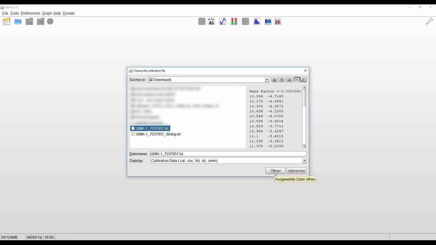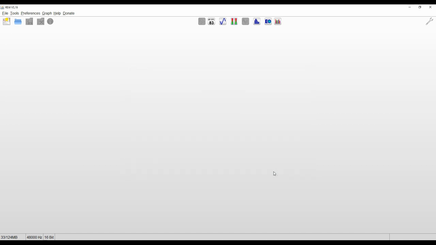Select the normal calibration file because for our measurements we will point the mic at the speakers. After you selected the calibration file, you simply click OK. The UMIC is now correctly calibrated. If REW didn't ask you for the calibration file, still follow the next steps and you'll be able to import the file later on. Before we can make any measurements, we have to go into the preferences and set up